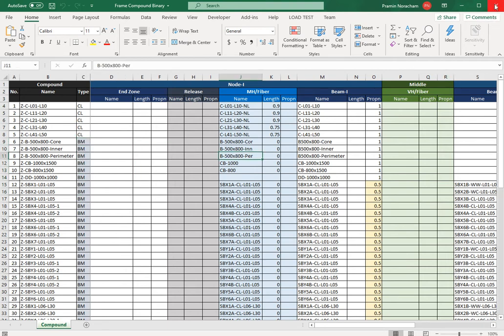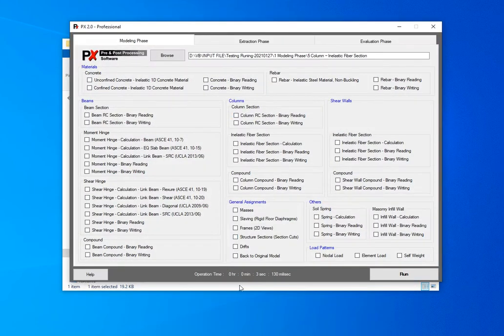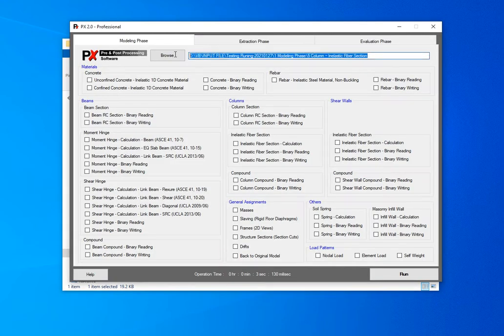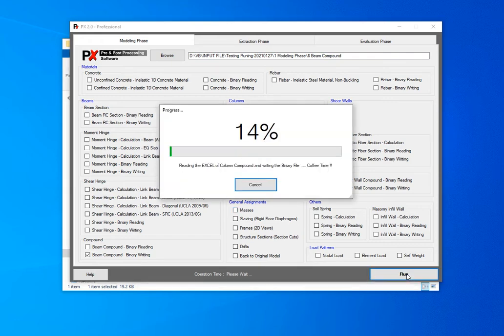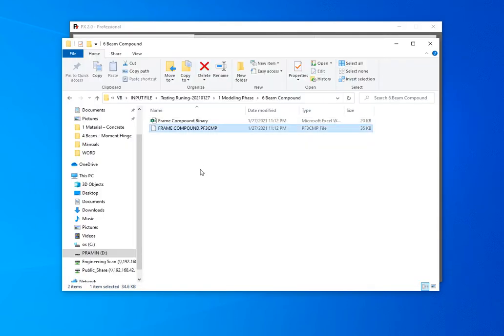After you prepare this one, just copy the path here and click beam compound binary writing. After that, you will get the binary file here.